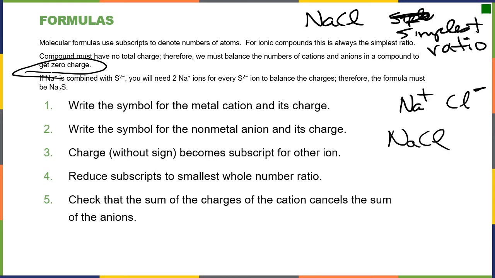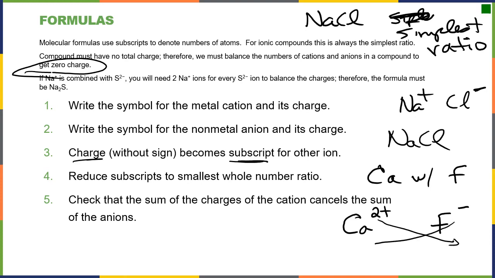What if instead we had something like Ca with F? All right, well, we know what group calcium is in. Calcium is in group 2, so its charge is 2 plus. We know fluoride is in group 7, so its charge is F minus. And we have to figure out the ratio of these such that the charges add to zero. One simple way is to take the charge on one and turn it into the subscript for the other. It kind of cross multiplies for us. If we do that, it tells us that we're going to have one calcium and we're going to have two